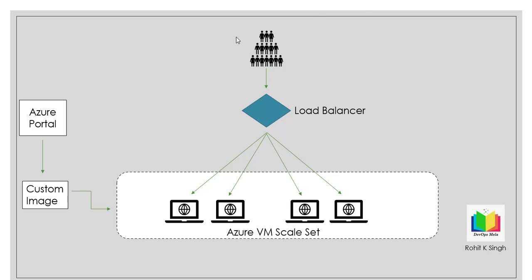At the top you will have people accessing things from internet. In between you will have your load balancer, and this line which you see, the dotted line, this is your virtual machine skill set, and inside this you have your VMs. How exactly was this VM created? These VMs were created using the custom image. That is the reason I have created a custom image, because I'll be creating a virtual machine skill set using this custom image. So your image is running in all these VMs, and this is all managed by virtual